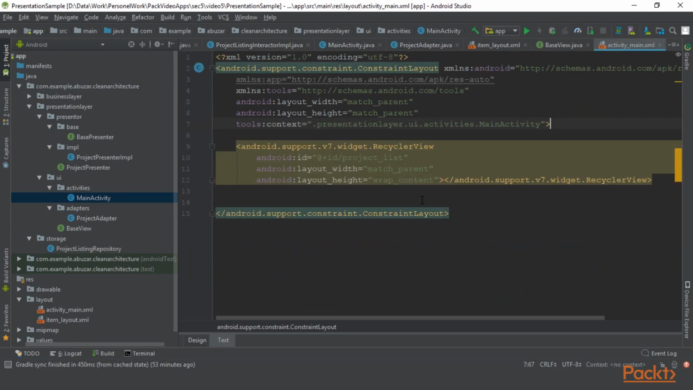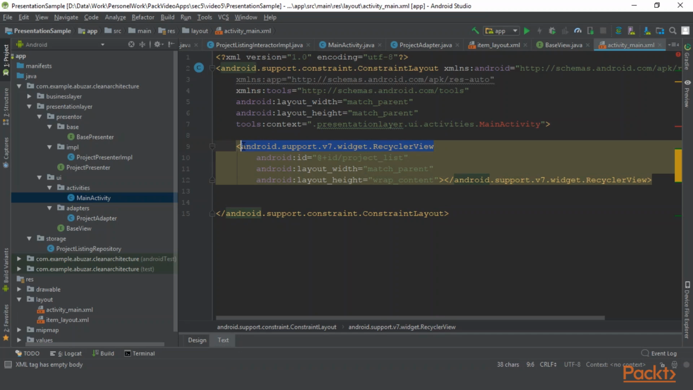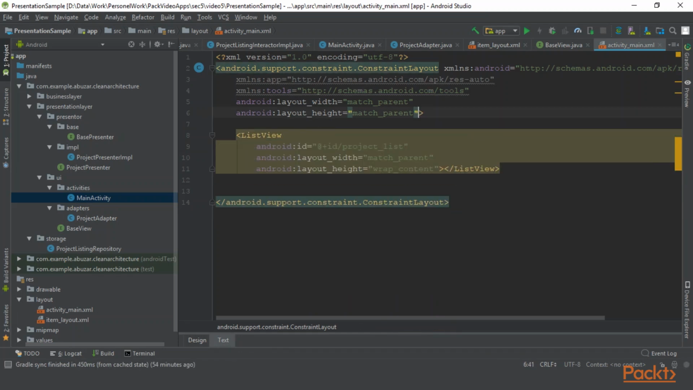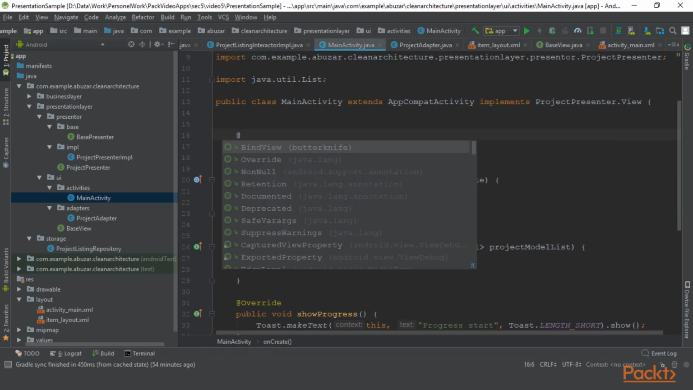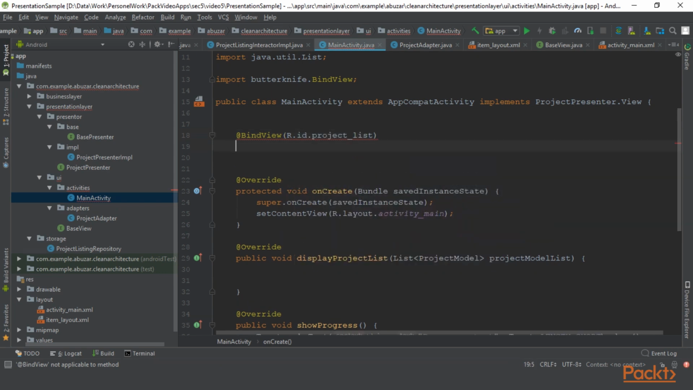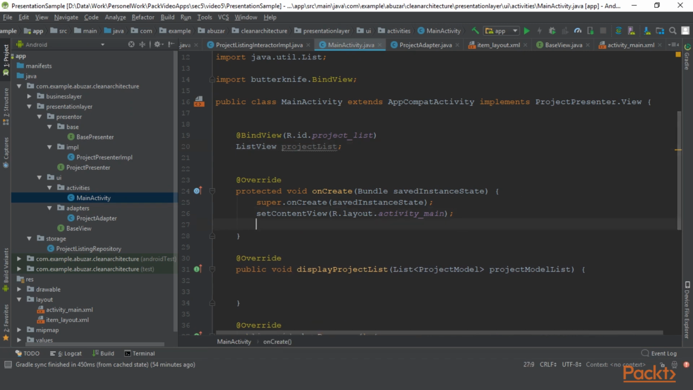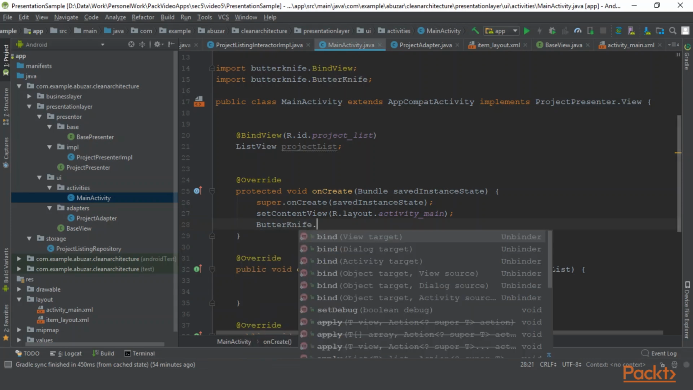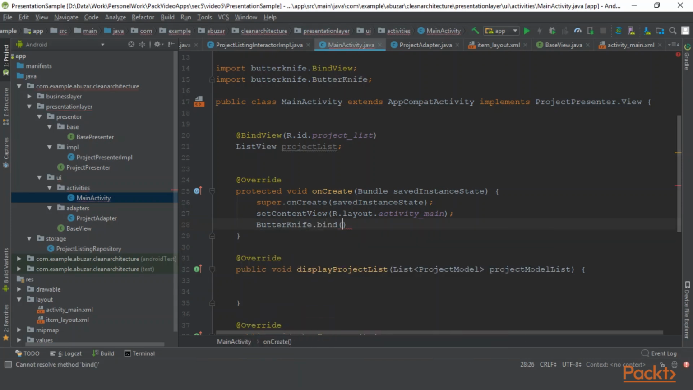We haven't added our list view in our main activity. Let's add the list view. Go back. This is our main layout. @BindView R.id.project list view, project list, and now come back to your on create function, and in on create first we will bind our Butter Knife, ButterKnife.bind(this),